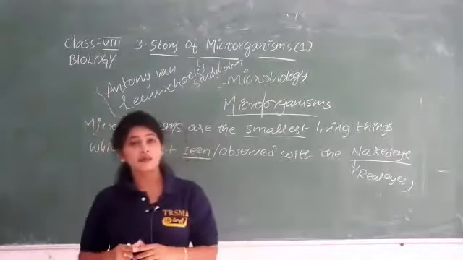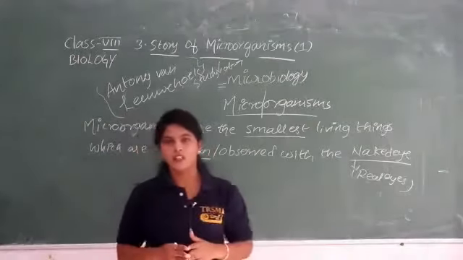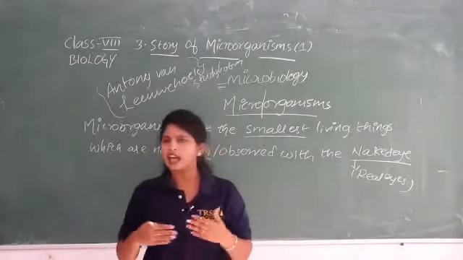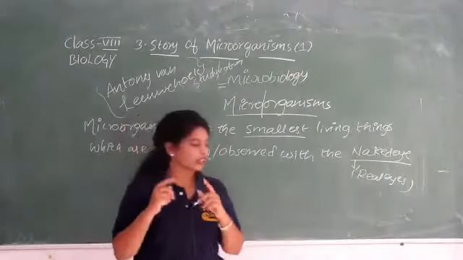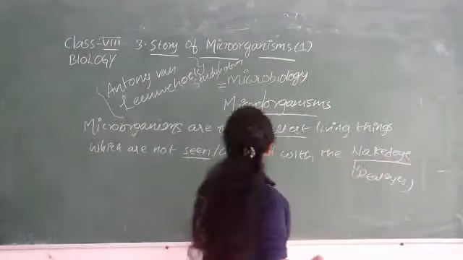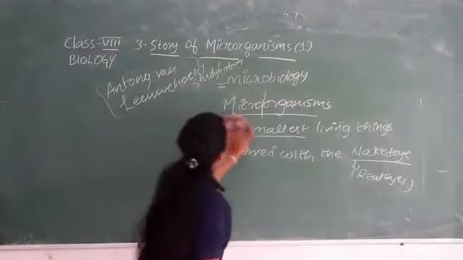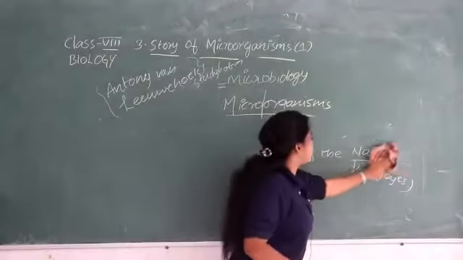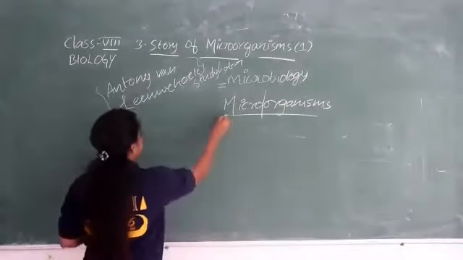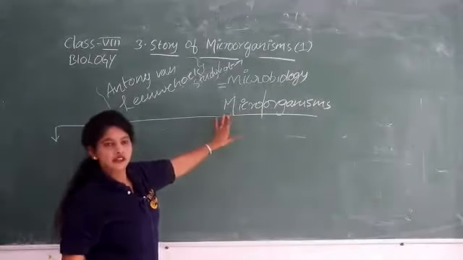Now we will discuss the various kinds of microorganisms that are present in our surroundings or in the surrounding media. Can you classify the microorganisms? Yes, I'll let you know how to classify them. Basically, five kinds of microorganisms are present in our surroundings. So what are these microorganisms? Microorganisms are broadly classified into five kinds.